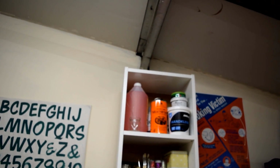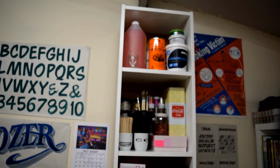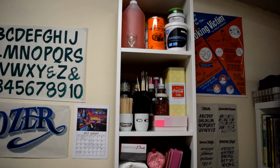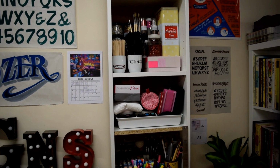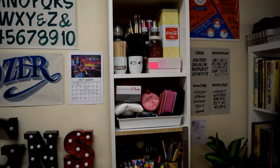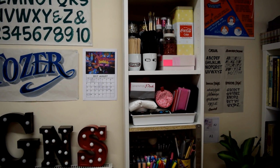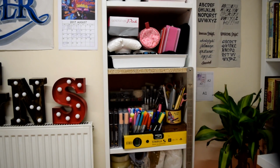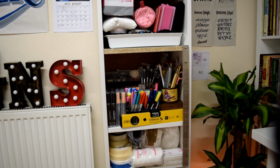So on the top I've got a lot of chemicals for various things, mainly for glass and gilding work. The next shelf has a variety of things as well, mainly metal flakes and glitters, and some stirring things for paint. The next has marbling supplies, paint, brush pens, and very necessary latex gloves. And the next has a lot of chalk pens, because I go through them really quickly,